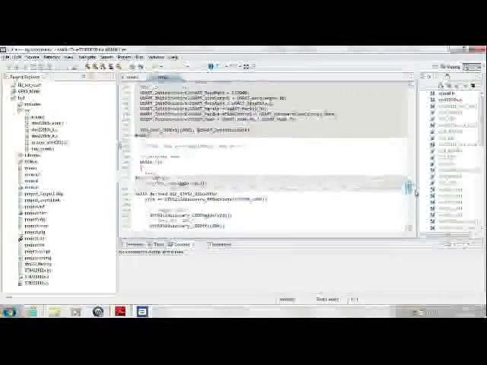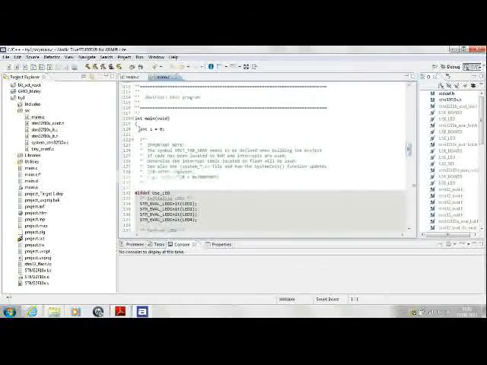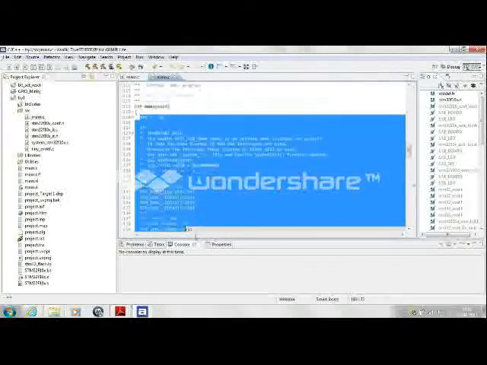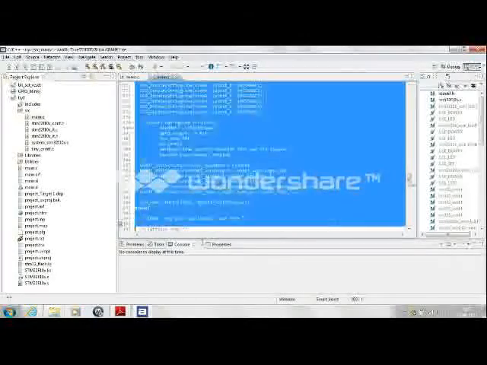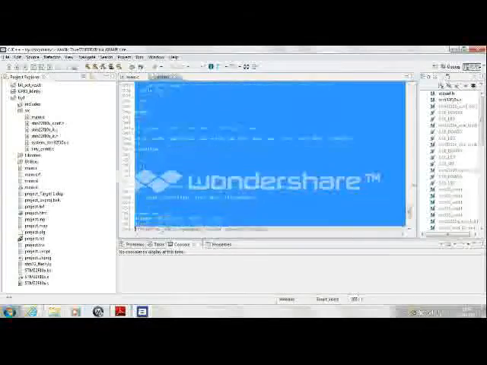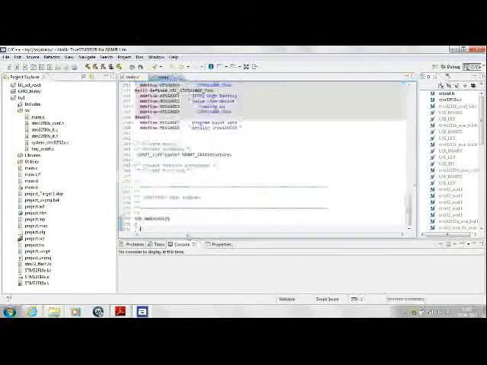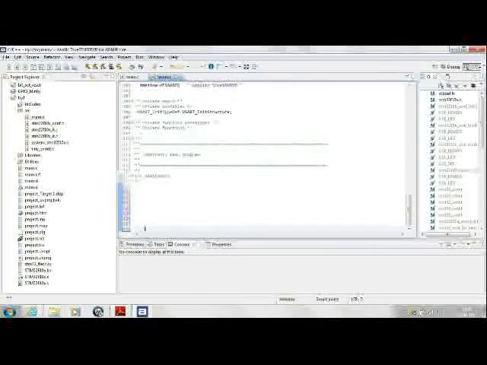Go to the place where it says int main. This is it. For now we are not going to use any of the available code. We are going to write all the code from scratch. So anything below int main, just delete it for now. Select everything, delete it, and complete the bracket. And this is the place where you start writing your code.